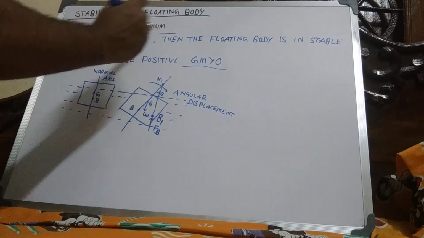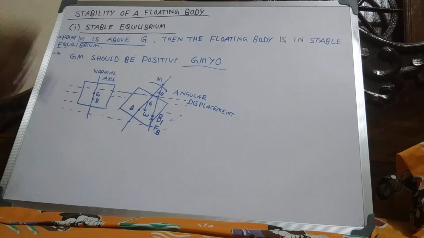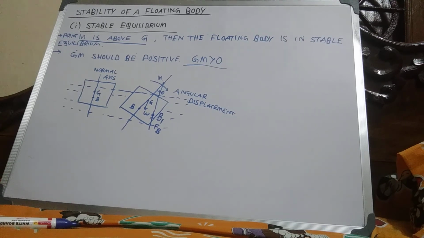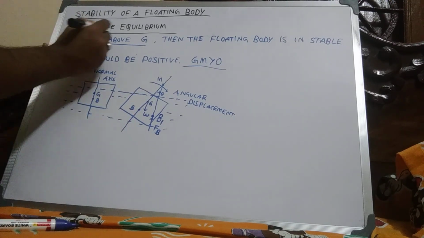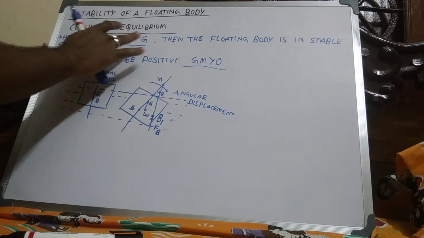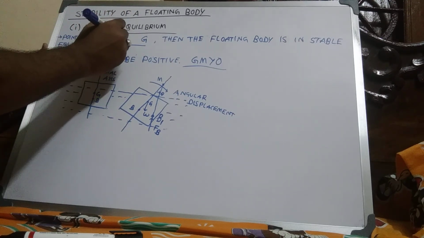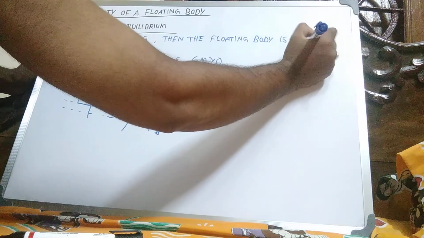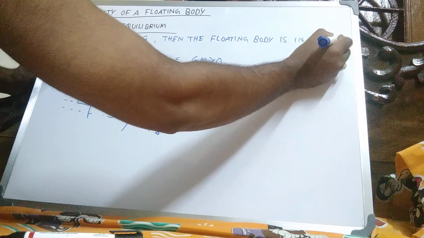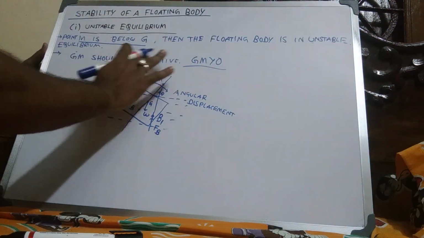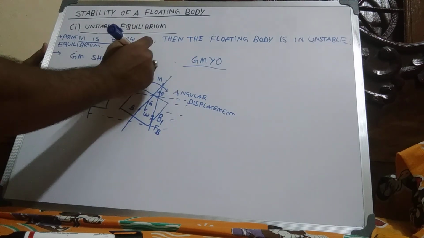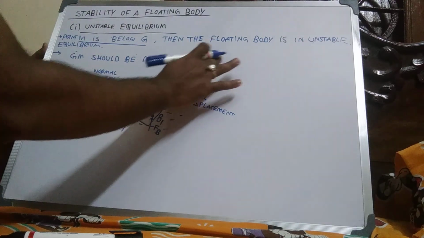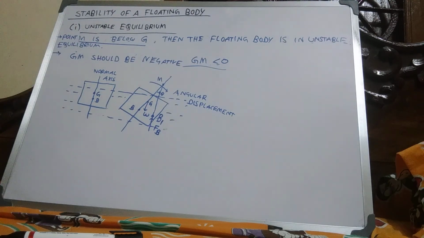This point is very important: M is above G for stable equilibrium. Now unstable equilibrium: M is below G. Then the floating body is in unstable equilibrium, and GM should be negative, less than 0, and that time